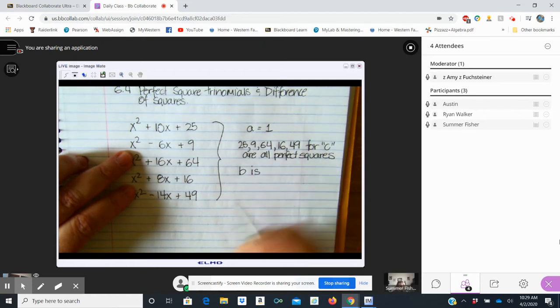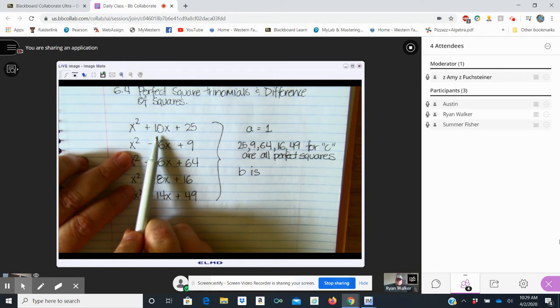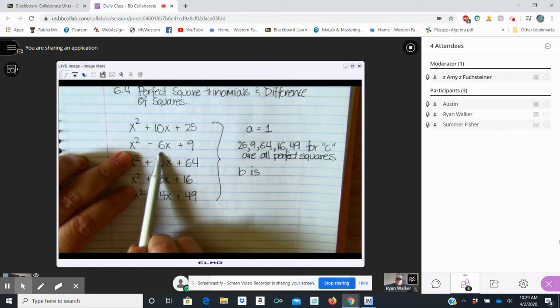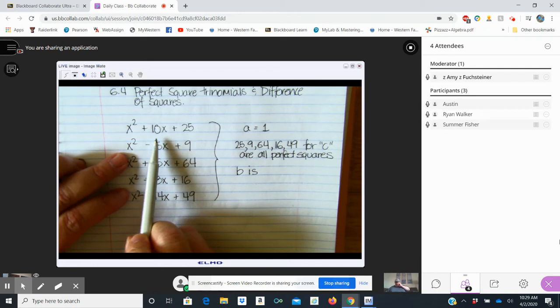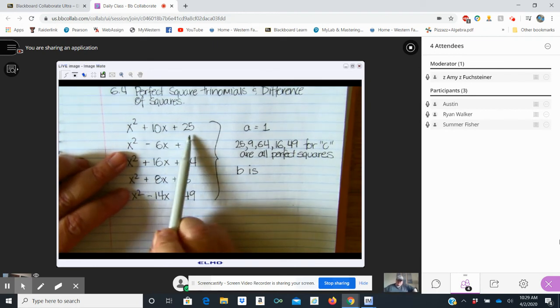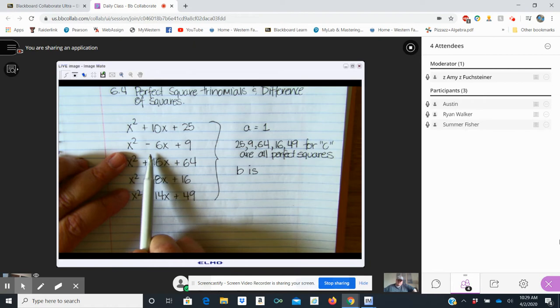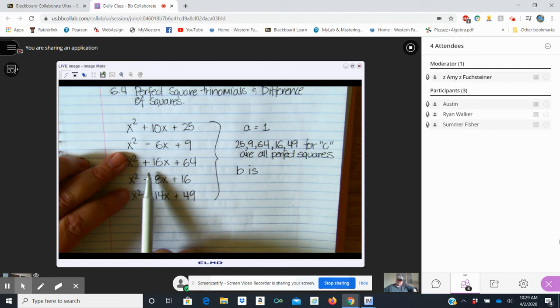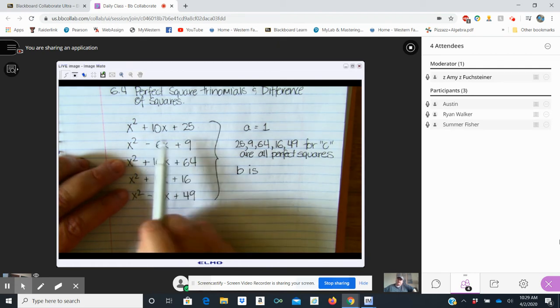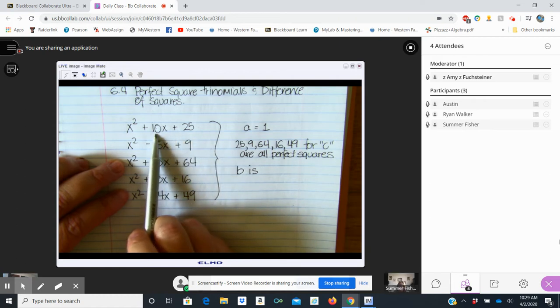B, B is what? 10. Now, how did we get a 10 here? But how does this 10, how can I work that in with a 25? In the same way that a -6 can work in with that 9. 5 plus 5 is 10. 5 times 5 is 25. Okay. So the B value is